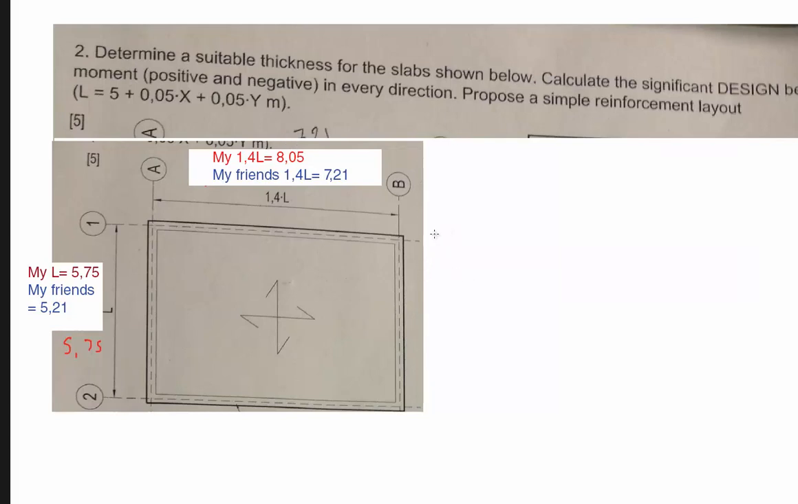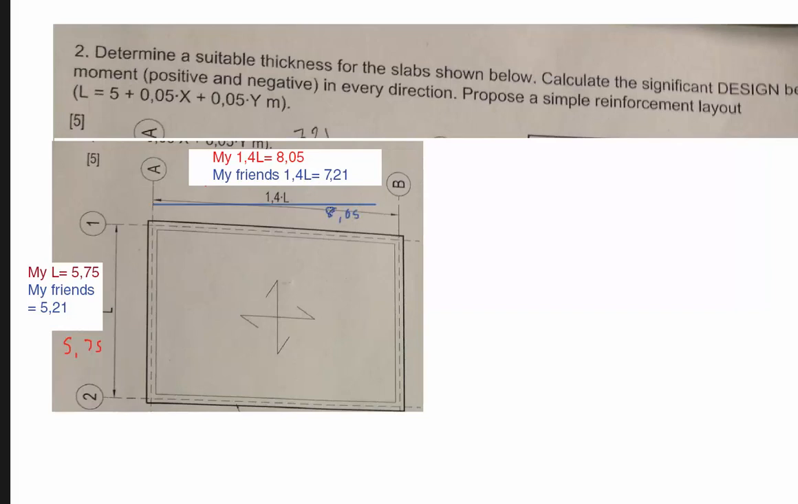So you see the question here: determine a suitable thickness for the slab shown below. Calculate the significant design bending moment, positive and negative in every direction. Propose a reinforcement layout. And the L, as you see here. So my L will be this distance here,